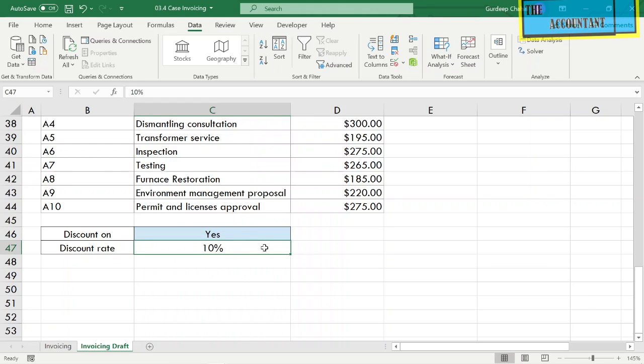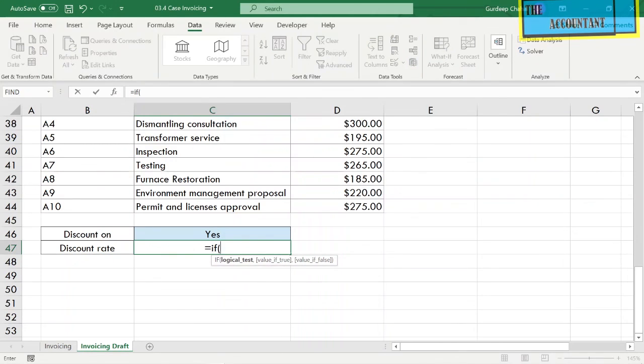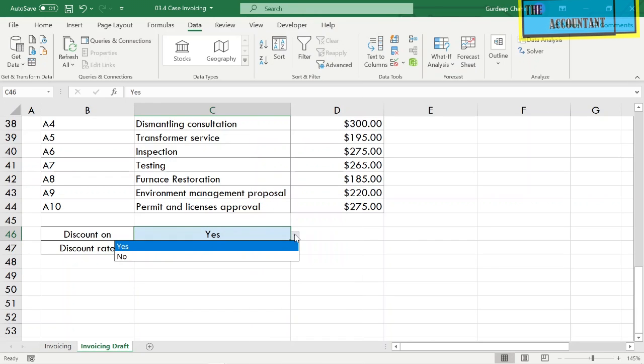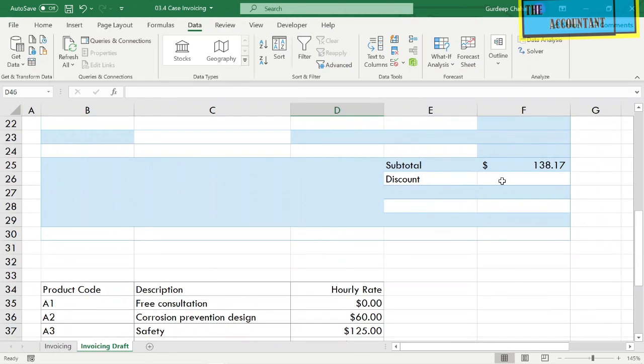So in this cell, we can do an if, so equals if this cell equals yes, 10%, otherwise 0. So, as you can see, if they do have a discount, it says 10, and if they don't, it says 0. So here,